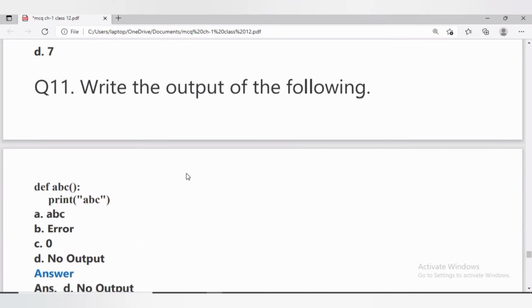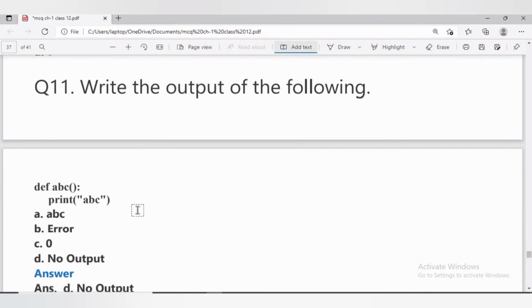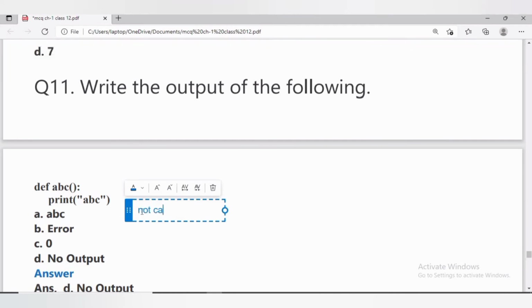In question number 11, write the output of the following. Here we are defining a function, but we are not calling it. The function will not be executed if we will not call it. Answer will be option D, no output.